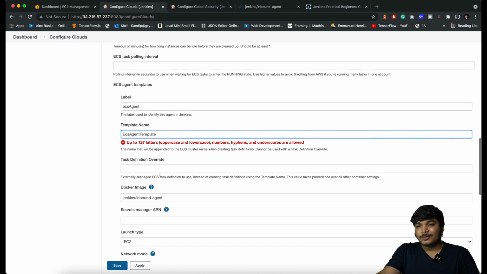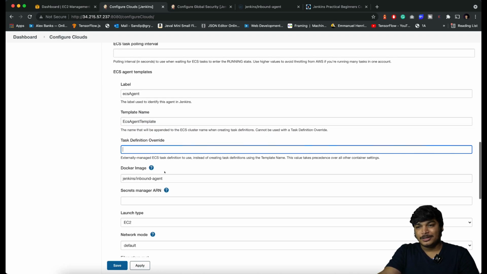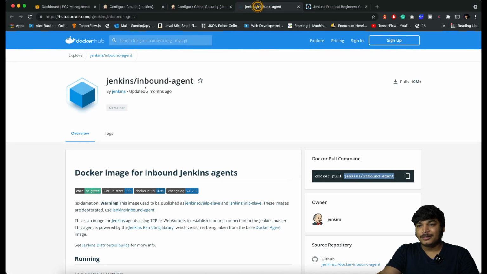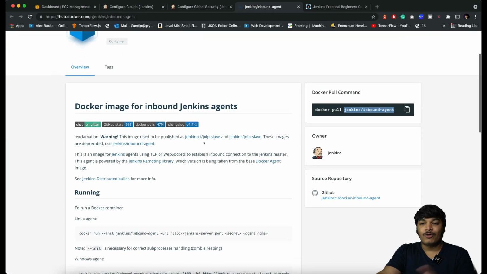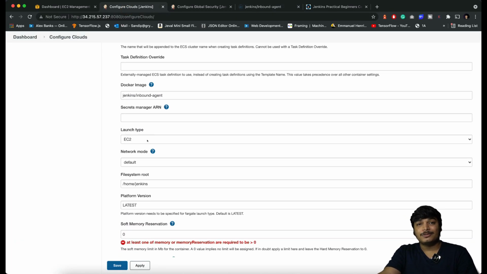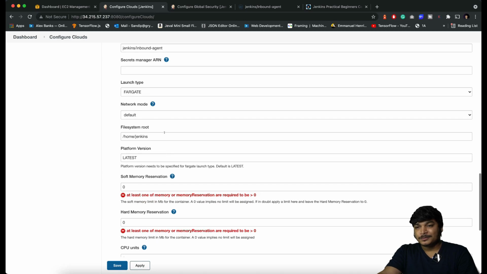Cool. Now the task definition over, I don't need any. There is the image, it's the default one, the Jenkins inbound image, which has everything required to run Jenkins in a Docker. Then the secret management. The launch type is very important. Here we are using Fargate, so the launch type should be Fargate. Network mode, go with the default.